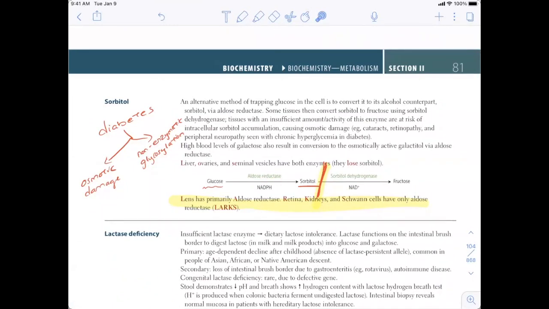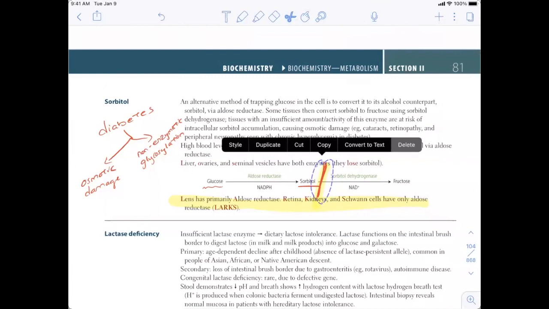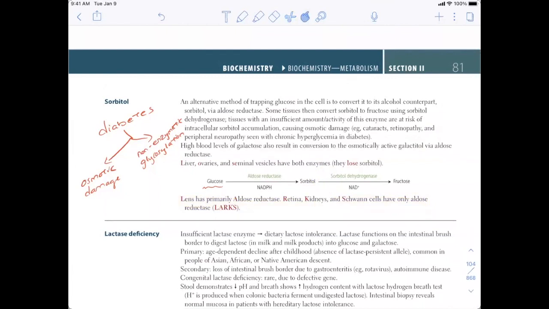Now, in certain other organs, like your liver, your ovaries, your seminal vesicles, they have both. So it doesn't end here for them. All right. So in your liver, your seminal vesicles, your ovaries, if you have excess glucose and excess glucose is changed to sorbitol, no problem. We're just going to get back to fructose. Okay. So that is why you must remember the areas where we get stuck,